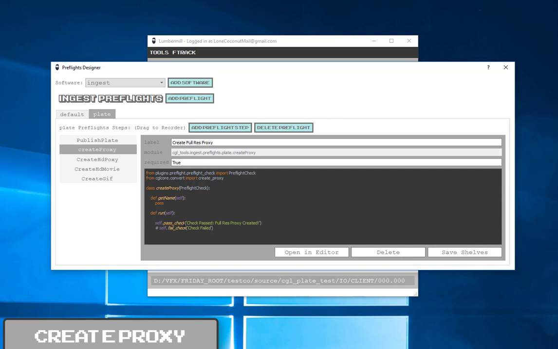So first thing though, I want to explain this cool feature of the Preflight designer. I've got this attribute within the Preflight itself called shared data. I'm just going to create a variable within shared data called proxy. Now, the proxy is going to be the result of us creating the proxy. So when I run create proxy, I'm going to feed it